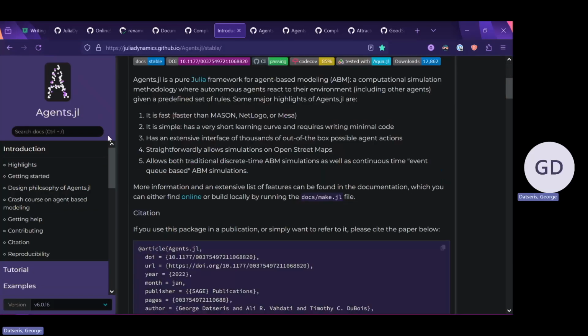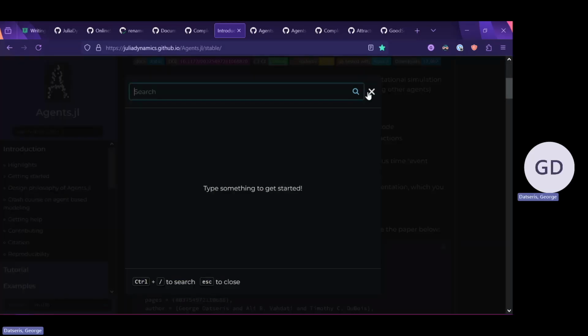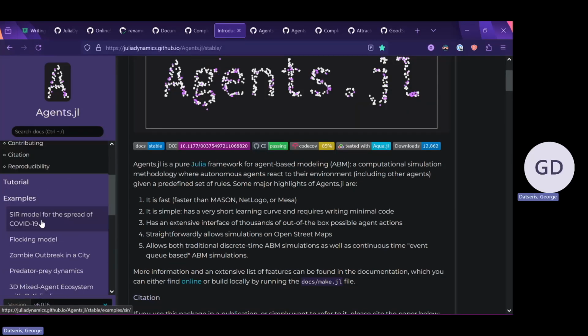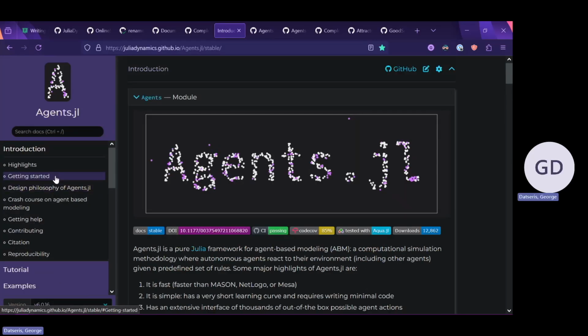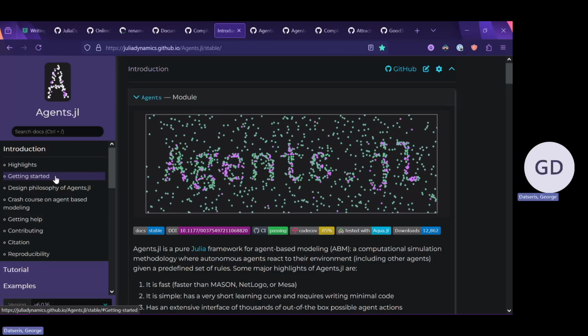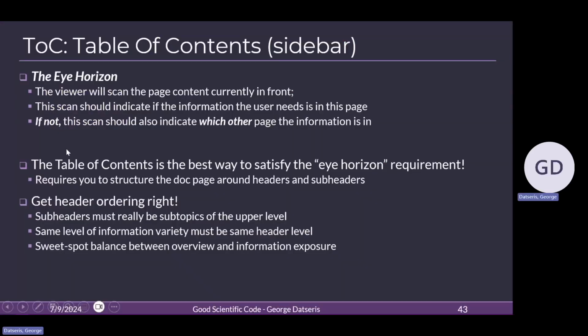I don't know why, but sometimes searching doesn't give you what you need. So the second best place is the sidebar. This is something you can scan within a couple of seconds, and within those seconds, you really should know where the information you want is. This is what I call in the slides the eye horizon. Within the horizon your eye can see, the information should be there.